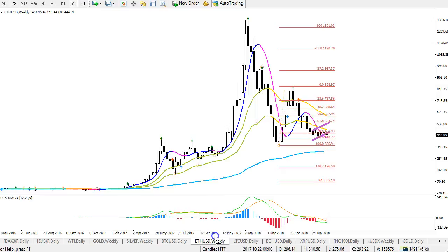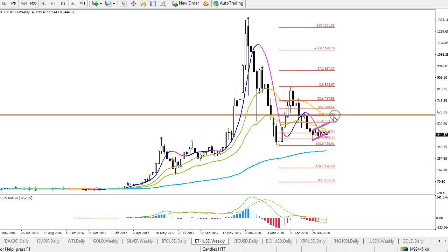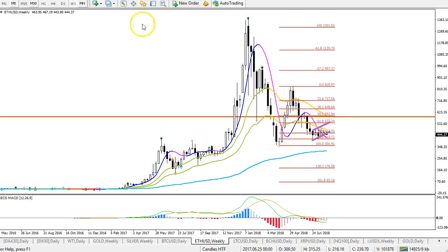All right, looking at the weekly chart, you can see that the weekly 21 EMA is bearish. So here too, a break above the 21 EMA is needed. We already had a break here. That was the first break. The second breakouts above the 21 EMA are always better. That's what we're waiting for on the weekly chart, a break above the top of the 21 EMA, which is around 590, 600 as you can see.